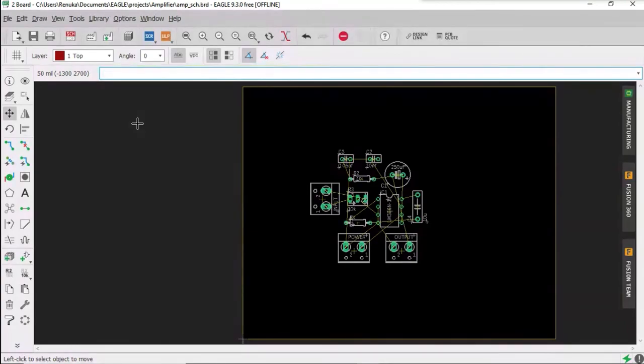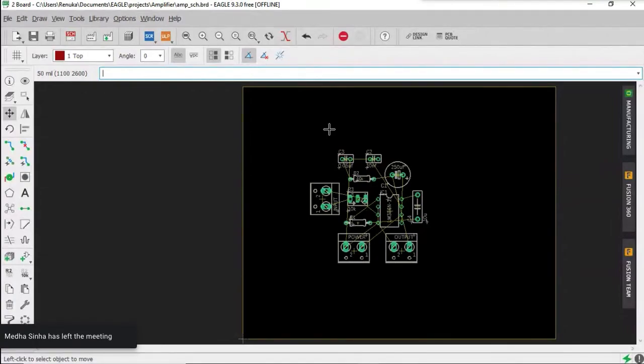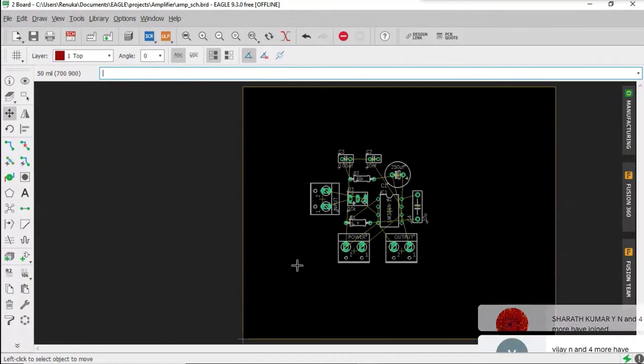Okay. Now let us start with the further steps. After you have arranged, we can reduce the size of the board as required. So to reduce the size and make it a little more compact, you need to drag the outer line of the board. You can see the yellow color line on the edge of the board. That is the outer line.